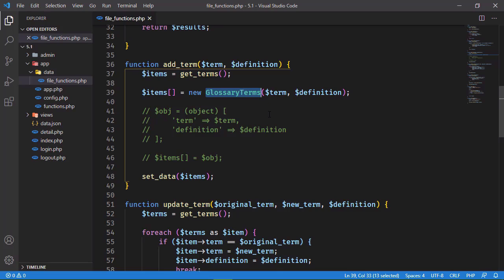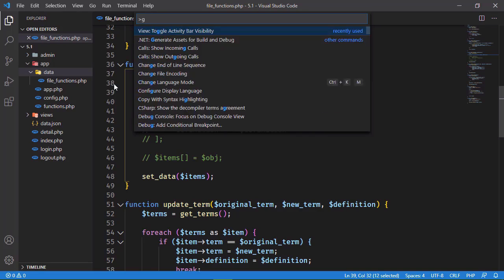The whole concept of object-oriented programming is so that we can reuse objects. And in order to reuse objects, we need to be able to create them. And just like this pen, the manufacturer has a blueprint for creating these pens. We're going to have a blueprint for creating a glossary term. And we will do that inside of a new file. So inside of our data folder, let's create a new file. We'll call it